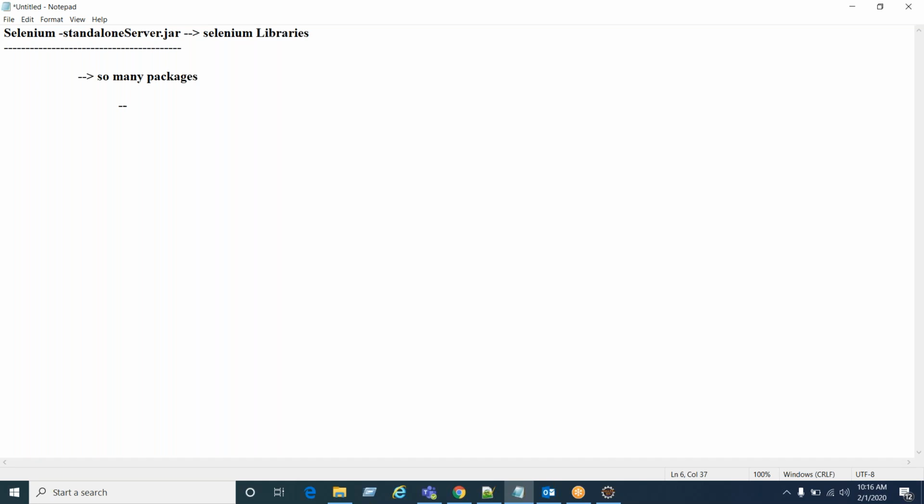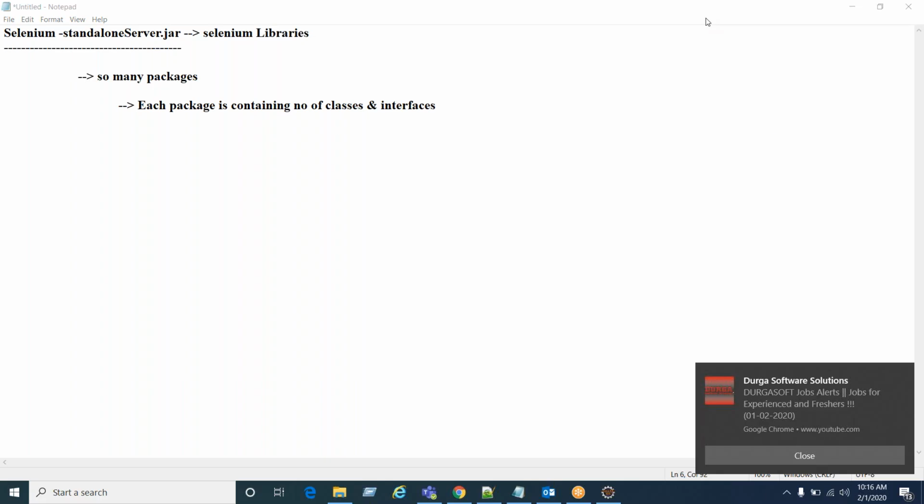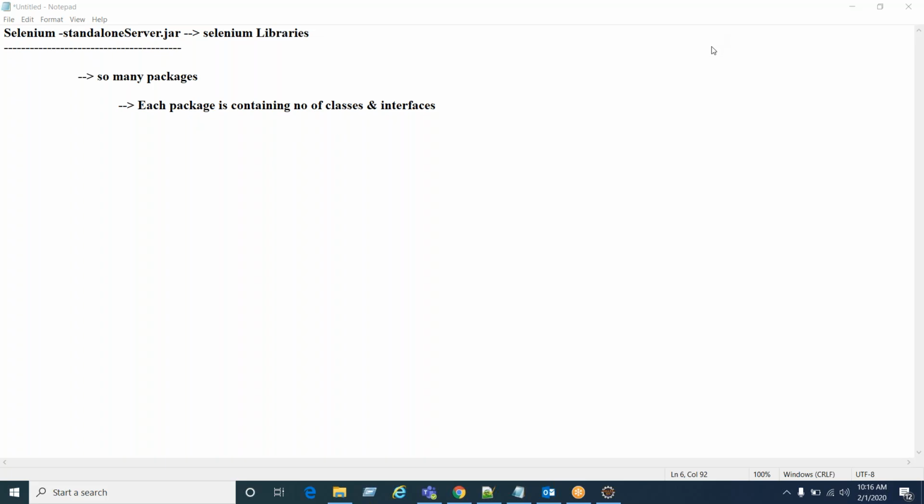Next, each package is containing a number of classes and interfaces. Number of classes and interfaces. Next, each class